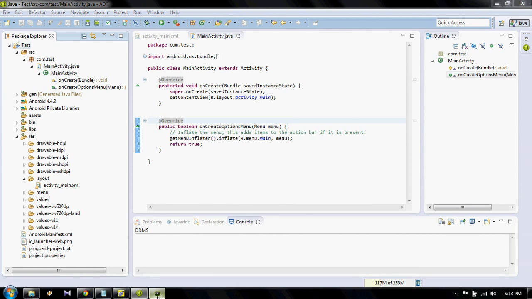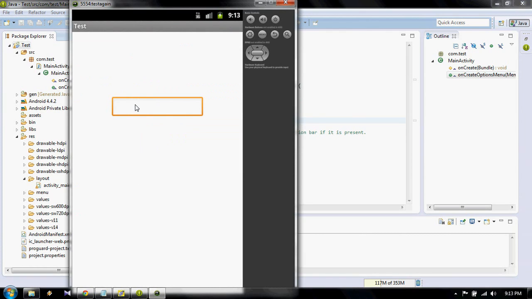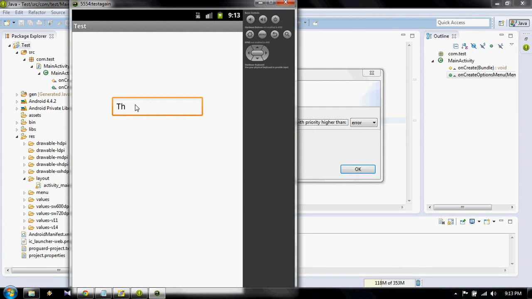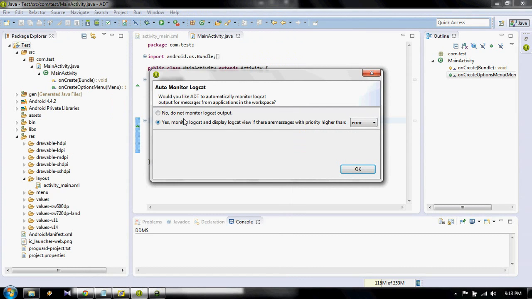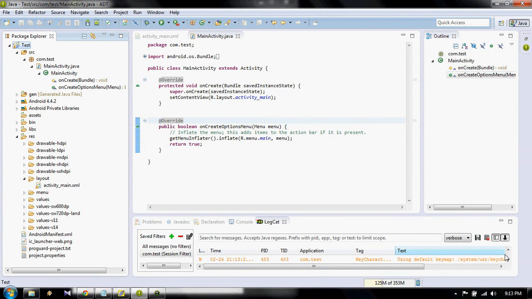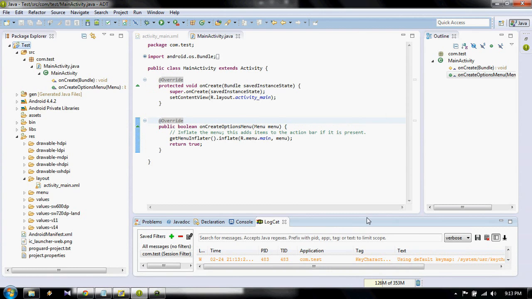And wait a minute. This is where you can view the LogCat for errors. Let us see. This is LogCat running in the background.